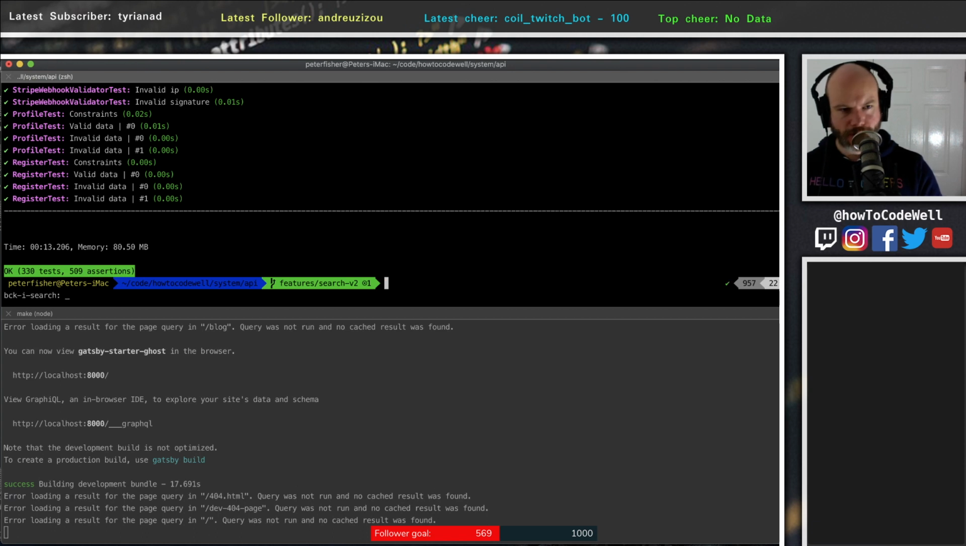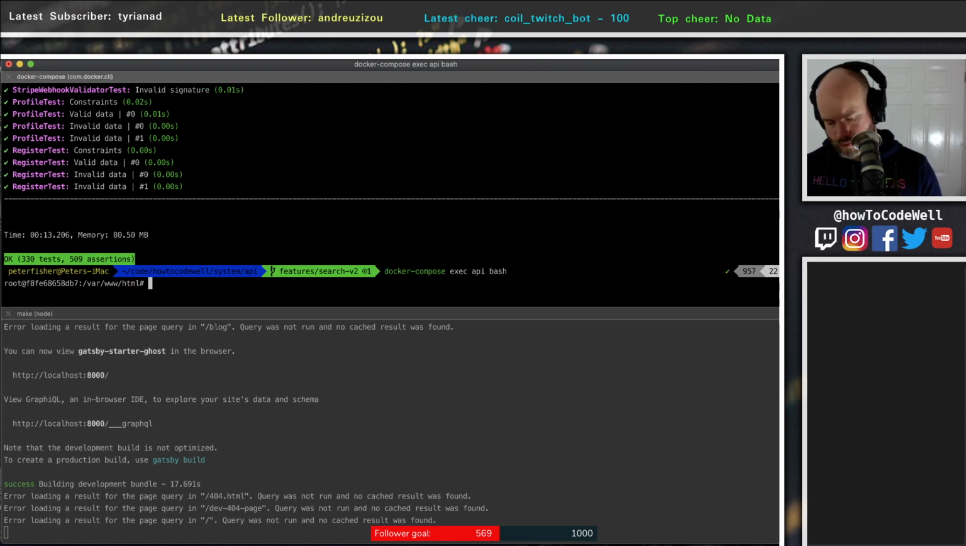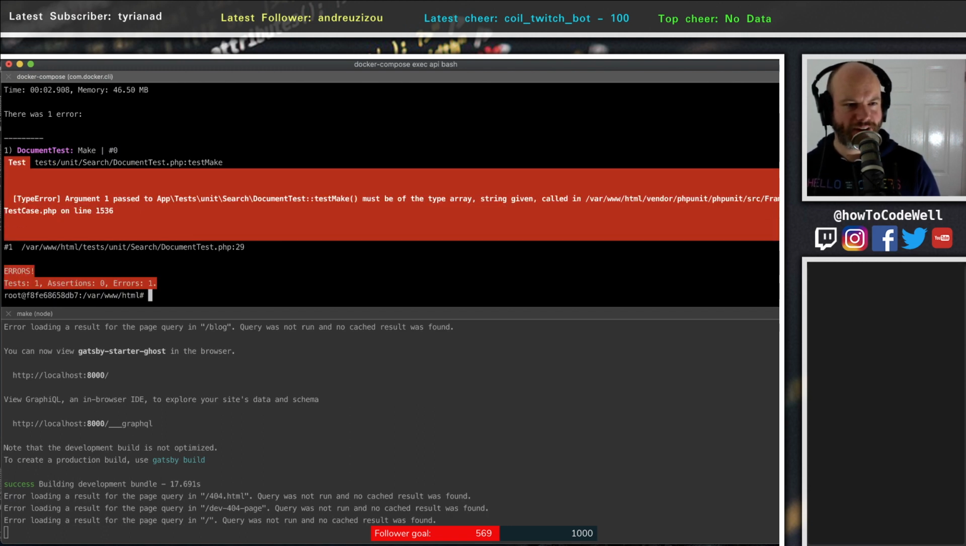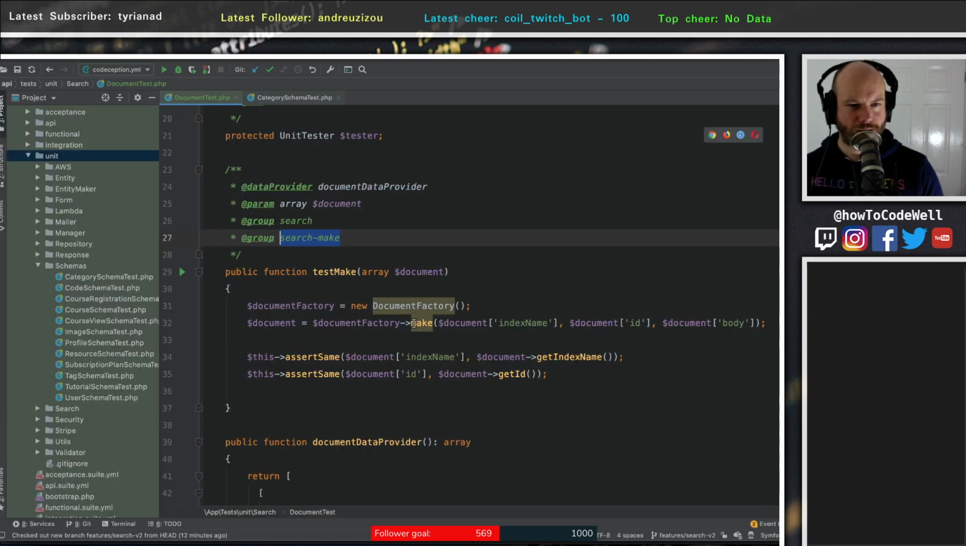Let's get into the Docker container here. Let's do bash. Boom. And then let's do a Docker. No, let's not do Docker. That's not a good idea. Let's do bin. I have to do this in the container because I need to run the unit tests. I need to do it by group, which is the grouping of search make. So this is now going to run that one singular test, and it's going to fail because test make doesn't exist, because the array, hang on a minute, argument 1 passed to must be of type array, string is given. What? No,